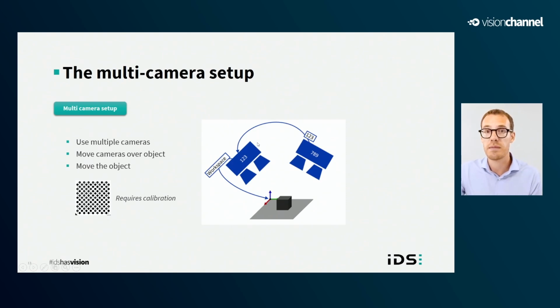It's useful to understand that from a software point of view, using multiple cameras looking at the scene from different angles of view, or using a single camera that you will move around the scene, typically mounting the camera onto a robot, or using a single static camera but moving the scene in front of the camera, all of this is exactly the same from a software point of view. You just need to calibrate your system, and then you can merge all the 3D point clouds that share the same coordinate system together.